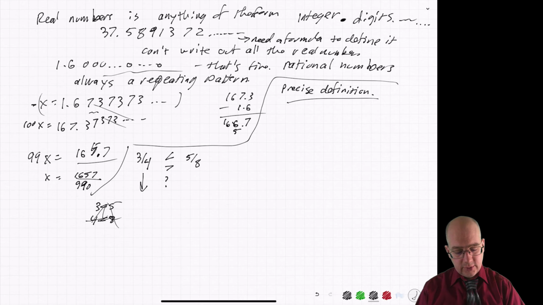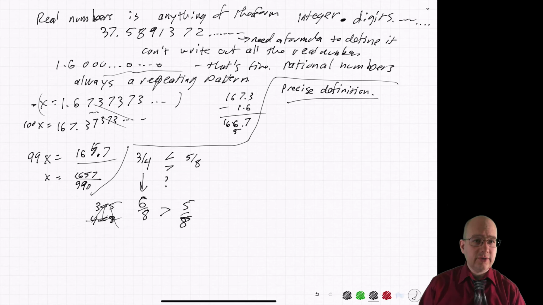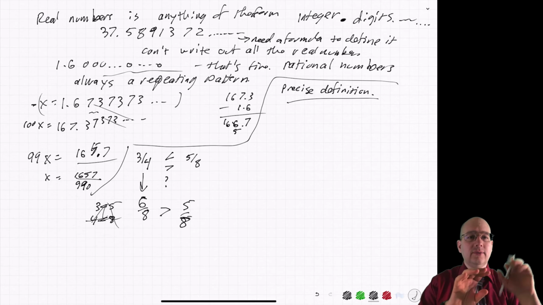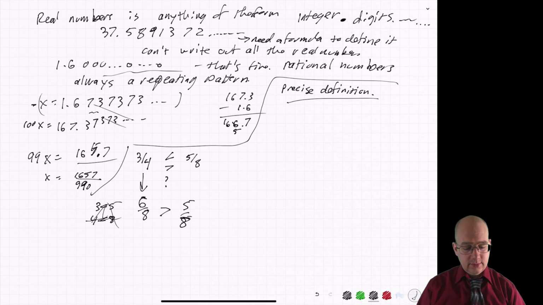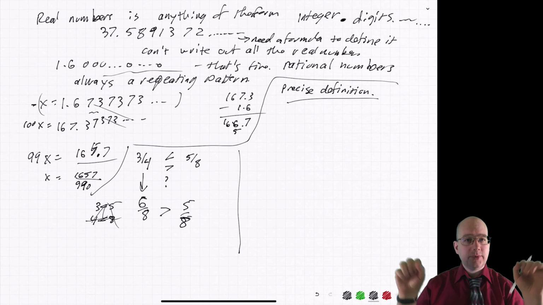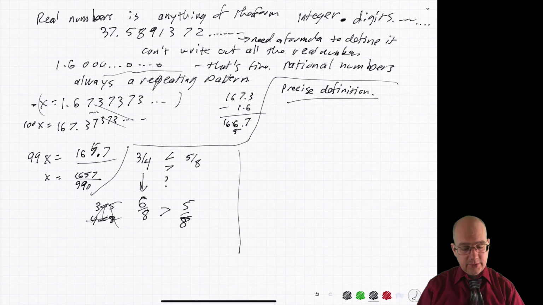So convert this to 6/8. And then you have 5/8. And then it's clear that this is greater than, because 6 is greater than 5. You have 6 of the 1/8 kinds, and 5 of the 1/8. So that's nice. That's the fundamental notion of the inequality between two rational numbers: same denominators and then compare the tops. But as it happens, you can also cross multiply,